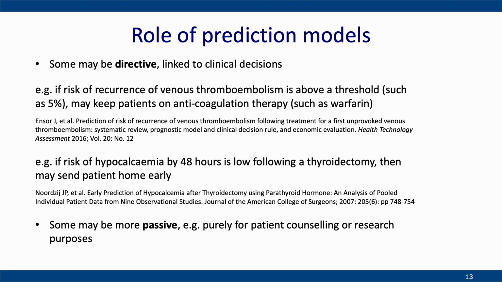Now, prediction models are very, very hot in terms of people being interested in developing them. Cynically, I might say that's because people want to do something quick for their CV. But trying to be more positive about the real reason, they may want something that's directive and linked to clinical decisions. So, for example, in venous thromboembolism, when somebody's looking at the risk of recurrence, they may want to know somebody's individualized risk of recurrence to decide whether to keep on treatment, for example warfarin, or not. If the risk is very, very low, they may take them off that. But if the risk is moderate or high, they might want to keep it on. So, clinical decision making.